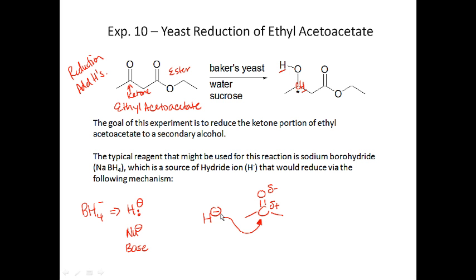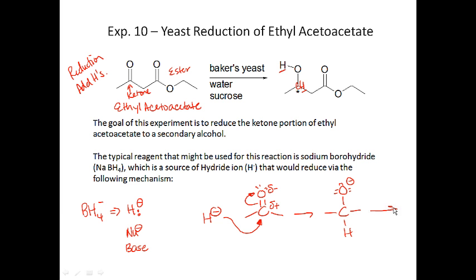So at the same time we're forming this CH bond, we have to break the CO double bond and give that pair of electrons to the oxygen, which is actually okay because oxygen is more electronegative than carbon. And what happens is that we add the first hydrogen to the carbon, and then our oxygen now has, if I put in my lone pairs here, 3 lone pairs and a -1 charge. Well, after the hydride has reacted with all of the carbonyl, we then add in a second step,